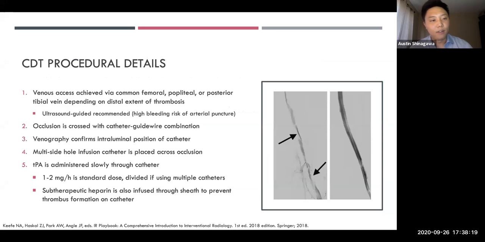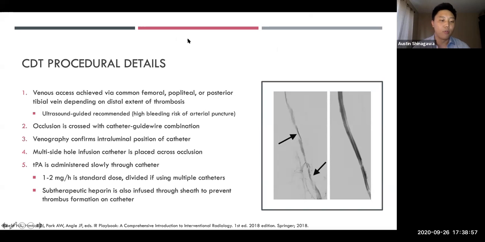So in terms of procedural details for CDT, you achieve venous access based on the distal extent of the thrombosis. So you can access the common femoral, the popliteal, or even the posterior tibial vein. It's typically recommended to use ultrasound guidance due to the high bleeding risk of arterial puncture when you're using thrombolytics. You can cross the occlusion with a catheter and guide wire, and then venography to confirm you're past the clot and intraluminal. Then you can insert a multi-side hole infusion catheter across the occlusion, and then administer TPA slowly through